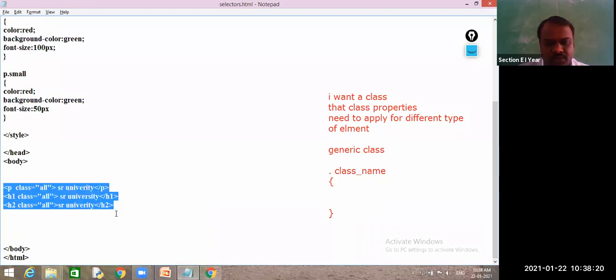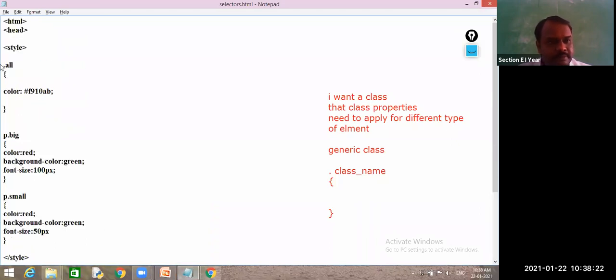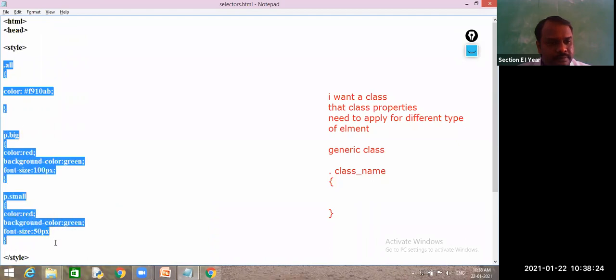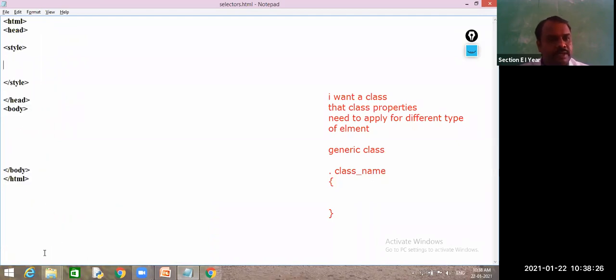I will remove this one. Here I have one H1 element, an H2 element and an H3 element. So I have three elements.